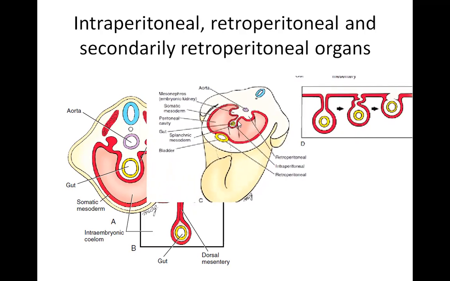So these organs which are derived from this primitive gut, which is being suspended in the intraperitoneal cavity, are the intraperitoneal organs. Then gradually some organs, because of the rotation, the dorsal layer of this mesentery is being lost in due course of time, and they become retroperitoneal. So such organs are secondarily retroperitoneal organs. For example, pancreas or duodenum, which were initially developing inside this intraembryonic coelom, but later on, because of the rotation of the gut, will become secondary retroperitoneal organs as they are pushed against the body wall.